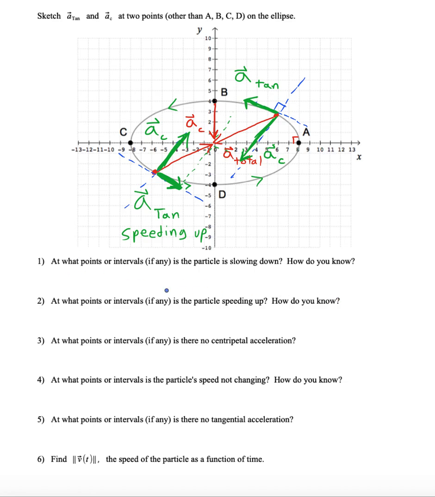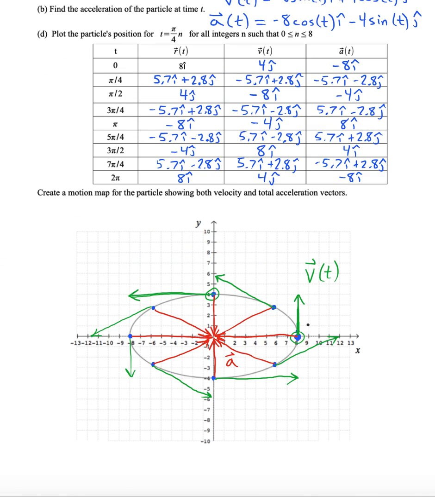So let's answer the questions here. At what points or intervals is the particle slowing down? Well, that would be from B to C, and also from D to A. If we look back at the diagram that we had drawn earlier, at point A, the length of our velocity vector is 4. But at point B, the length of our velocity vector is now 8. So clearly, our particle was speeding up